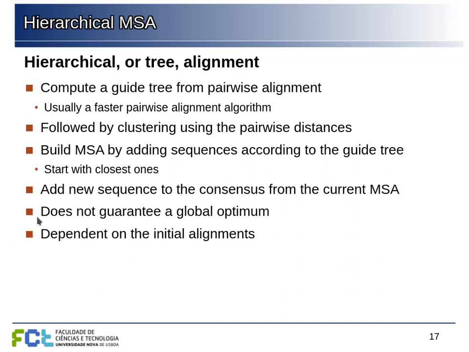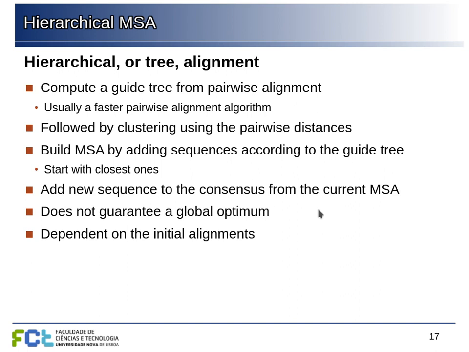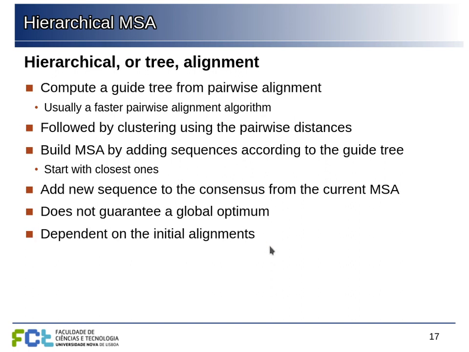Now, this is a heuristic that does not guarantee a global optimum. As we keep following this trajectory, we may lose our way and end up in something that is not the ideal alignment. And it will also depend a lot on these initial decisions. So errors will accumulate, and errors in the beginning will probably have a greater effect on the overall result. But this makes it possible to find at least a good alignment with a large number of sequences.